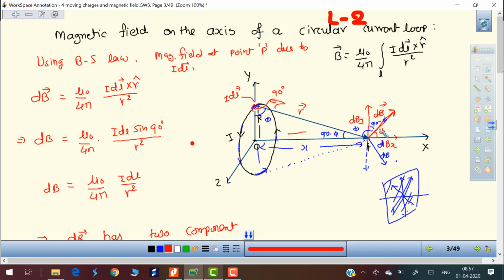If you find the direction, then it is in the xy plane, but is perpendicular. Yes, perpendicular to R also. So it is in this direction. In other way, you can find the direction like this. You take your right hand,